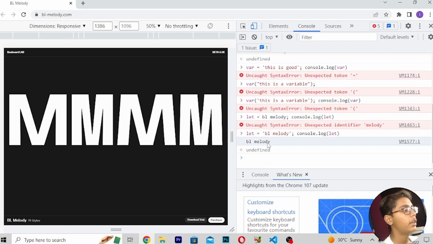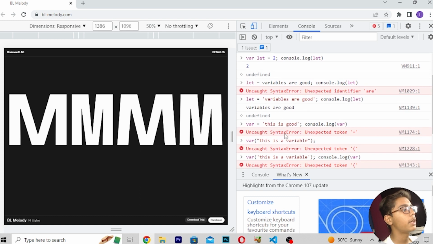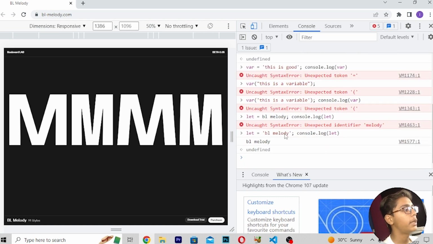You can see now it is saying BL Melody again because it has been defined after this let tag, and we have defined this BL Melody in this console.log tag with the help of this let which we have written. So like this you can use all these tags, and this is our project which we have done, and like this you can use many different variables in JavaScript using a variable project.